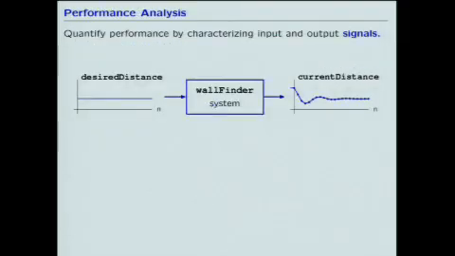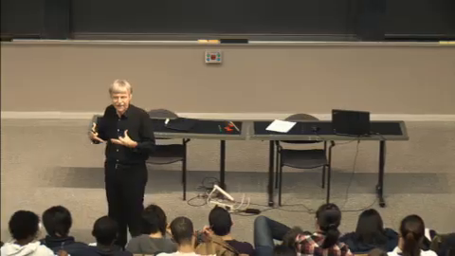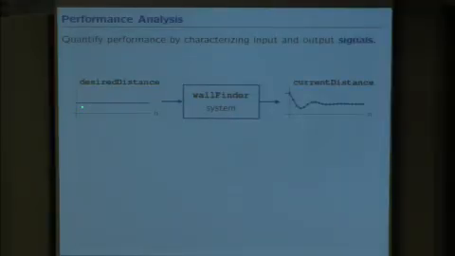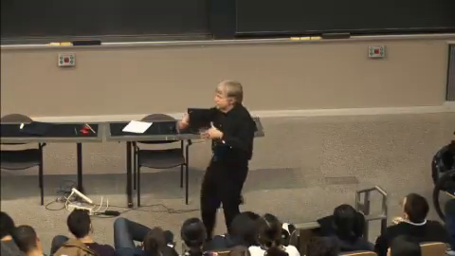So what we will do then is develop an approach focused on signals, not systems. So far we've been thinking about how do you build the system. Now we're going to think about behavior. We're going to think about analyzing that behavior. And the focus is going to be on what was the input, what was desired, what was the output, what was achieved. So we're going to be looking at those output signals in order to figure out how good the behavior was. That approach is called the signals and systems approach.